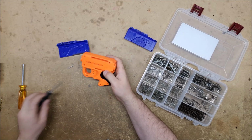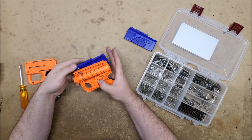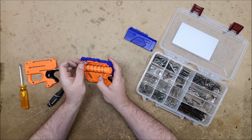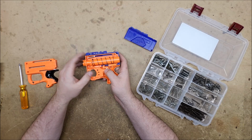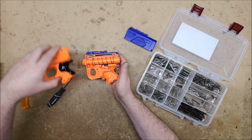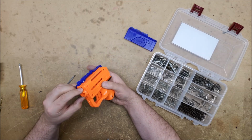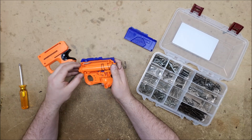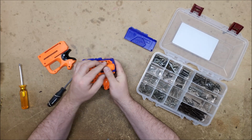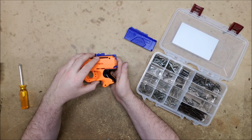I may have messed up. No, we're going to have to open it back up again. I wasn't paying attention. Make sure we don't spring our springs. What I forgot was the return spring, the slide return spring, which in some blasters you can get that peg in there after you've closed it, but this is not one of those. So you have to put one side of the slide in and get that aligned first. What seems to be the conundrum here? All lined up. Barrel's lined up. Catch is lined up. Spring is in place. Alright, now we should be able to...